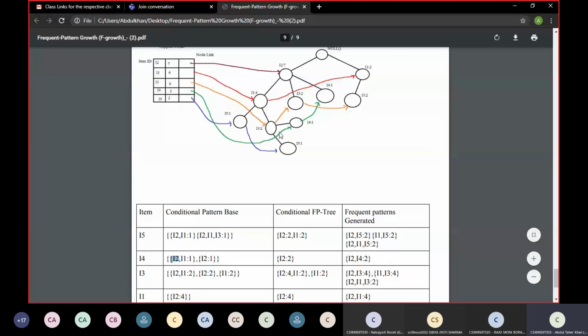We have to traverse to I3, but remember here I3 has come in two different places, left hand side also and right hand side also. So this is a little bit different. I2 will traverse to I2 I3, then we have to traverse to I3, right? Here one I3, here one I3, and here one I3. So I2 I4 I1 and I3, right? So we'll write I2 I1 and 2. Next we have I2, right? Directly we can go to I3.